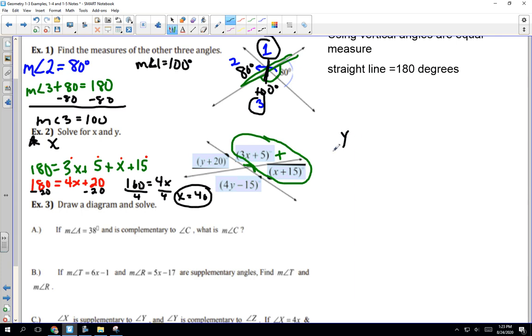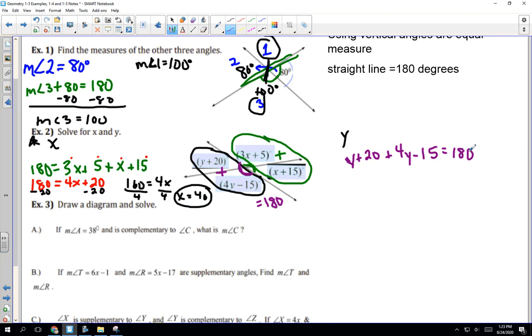Okay, now we're going to go on to the y business. So we're just going to look at the y's, and the same thing is true. When I add the two y expressions together, they're going to equal 180 because the two of these make a straight line. Anything that makes a straight line adds up to 180. So y plus 20 plus 4y minus 15